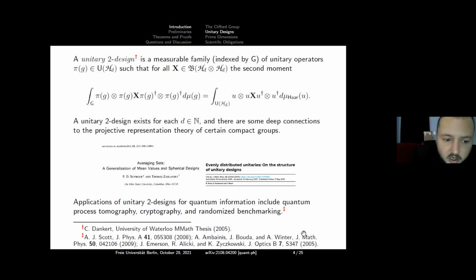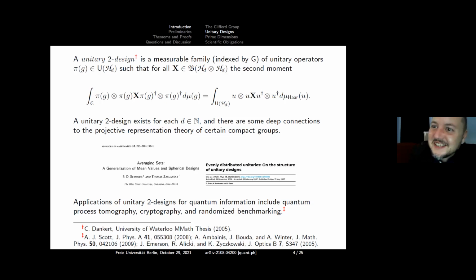They also have cryptographic applications, and perhaps most pertinently for maybe even myself and some of the audience, randomized benchmarking. Okay, so I would say not the, in capital THE, but you know, a prototypical example of how to do benchmarking is twirl over the Clifford group, and then you get a depolarizing channel with the same fidelity as the original channel. So that's how it's done. And right, but there's a problem.